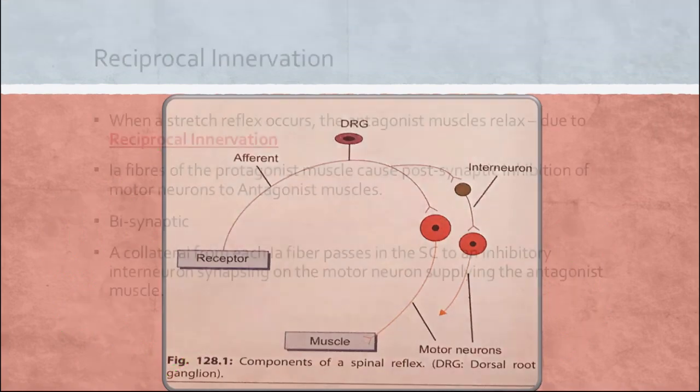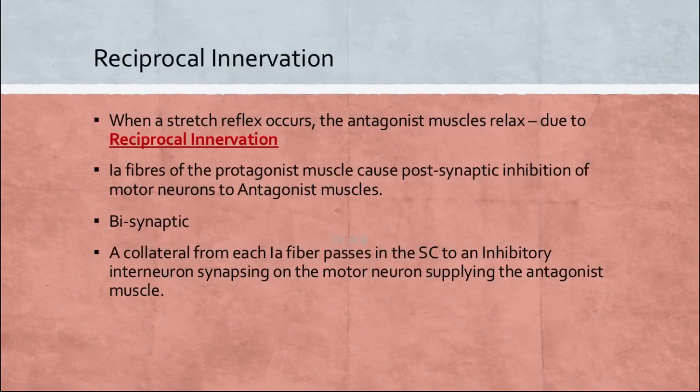Okay, disynaptic. So when a stretch reflex occurs, the antagonist muscles relax due to reciprocal innervation. This is called reciprocal. 1A fiber of the protagonist muscle causes postsynaptic inhibition of motor neuron to the antagonist muscles, and this reflex is bisynaptic. A collateral from each 1A fiber passes in the spinal cord to an inhibitory interneuron synapsing on the alpha motor neuron supplying the antagonist muscle. That is the reciprocal